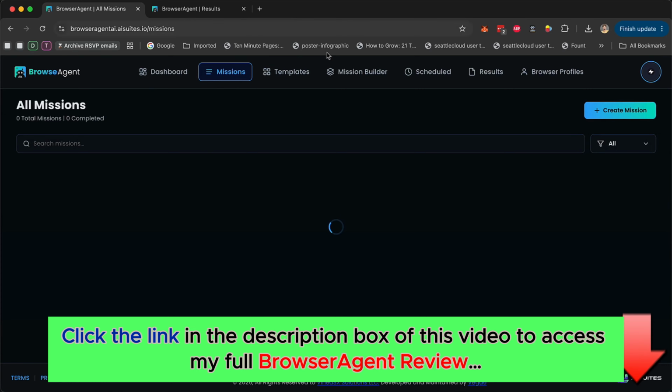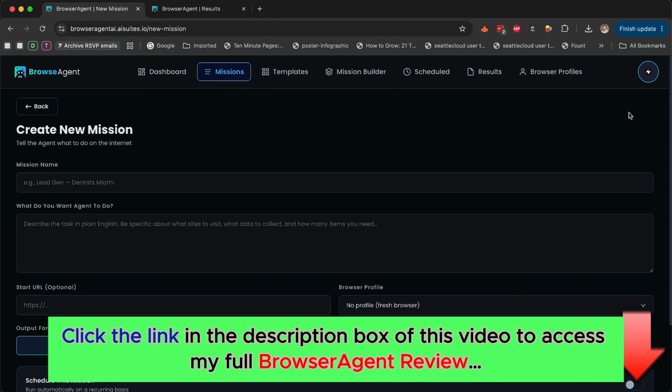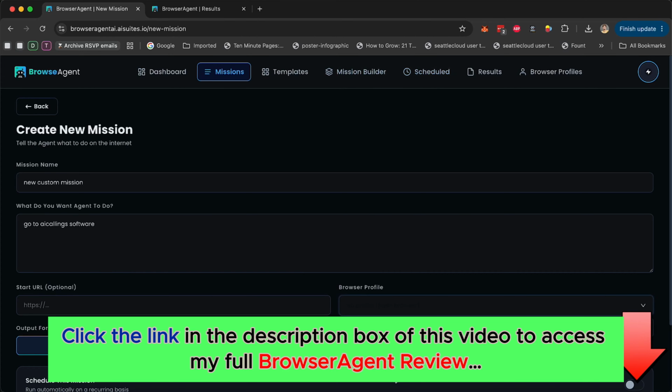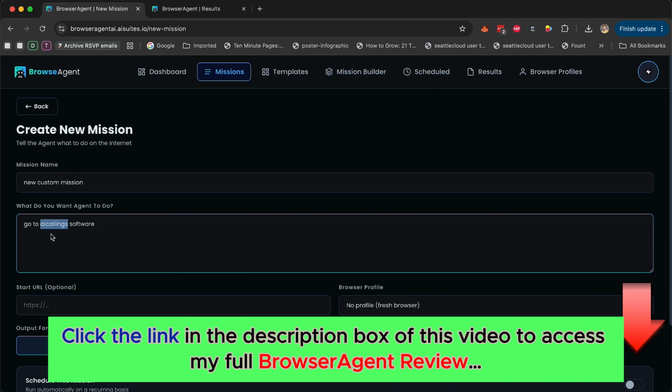Now, if you want to do something special that is not part of the template, you can just go to create mission, give it a name, my custom mission, and literally just describe what you wanted to do, like go to AI calling software, and then you give it the URL, and then you create a profile. I'll show you how to do a profile. So you create a profile where you give it the login to AI calling software, username and password,